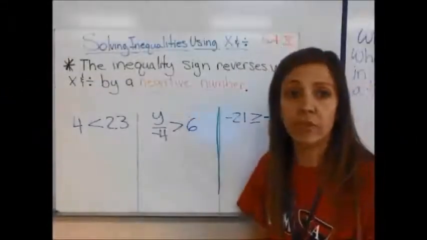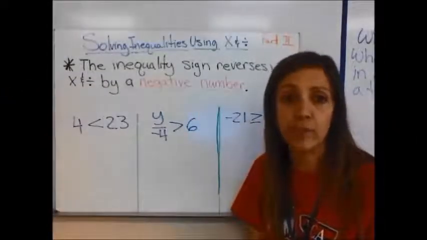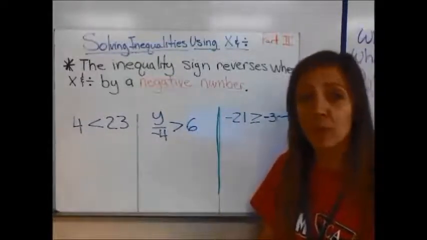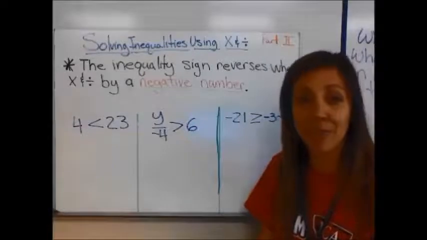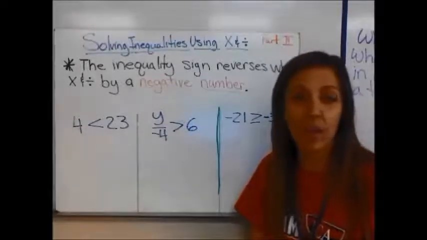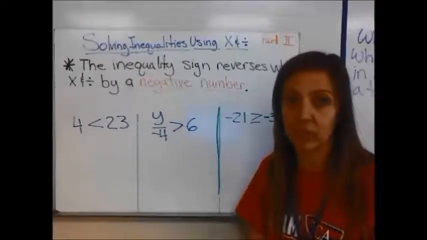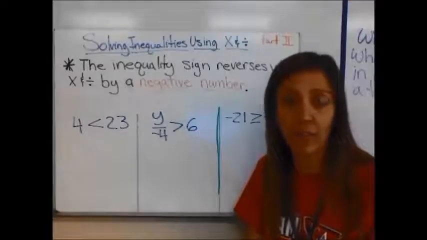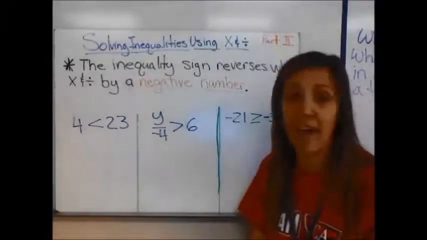Solving inequalities using multiplication and division, part 2. When you are multiplying and dividing by a negative number, that changes things. That is the third way that inequalities are different from equations. First are the inequality symbols. Second is that you have to graph inequalities. And the third is the fact that